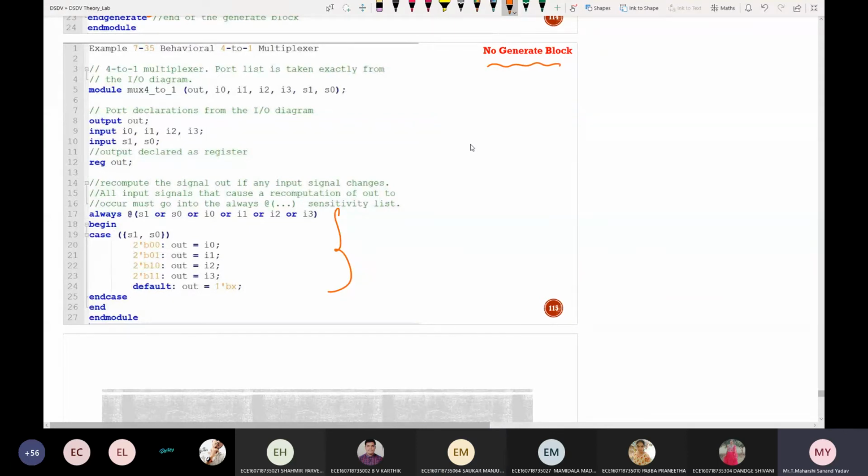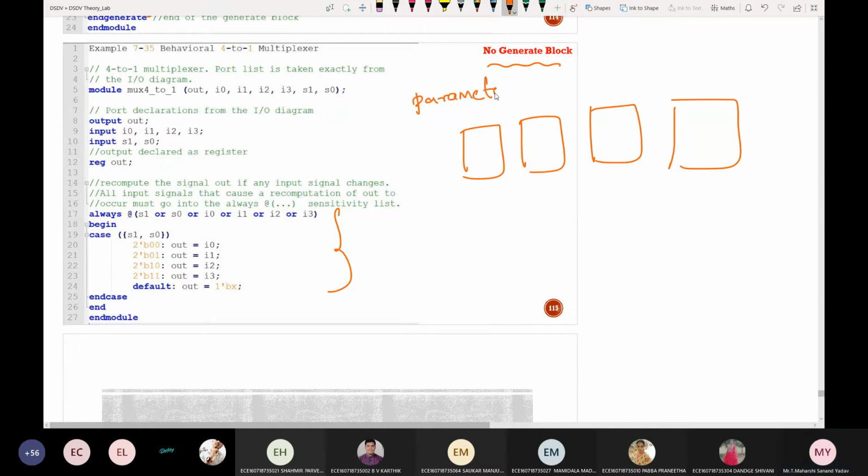If a generate block is present, depending upon the parameter value, that many blocks will be generated. Suppose you want to write the code for an RC, ripple carry adder, where 4 adders will be present. Here you simply first define the parameter n value equal to 4 and write the code for only one full adder, so that this full adder will be generated 4 times.